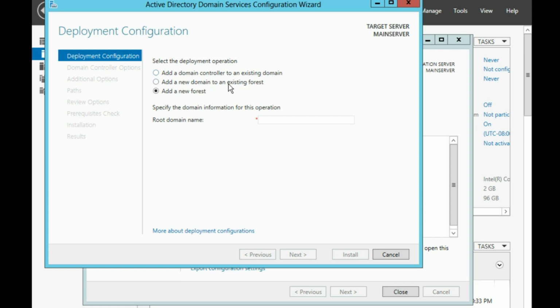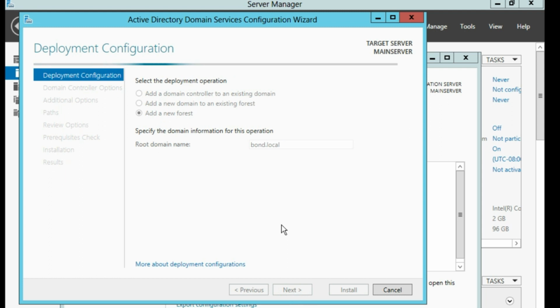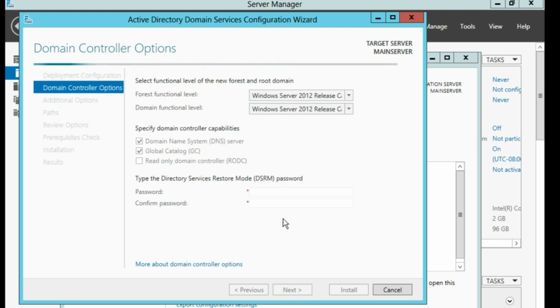The second option is to add a new domain to an existing forest. So we already have the main server, maybe we want to have member servers that will help us do DFS replication later on. For this example, I'll use add a new forest, root domain name. Let's say I will use bond. Right, so the bond.local